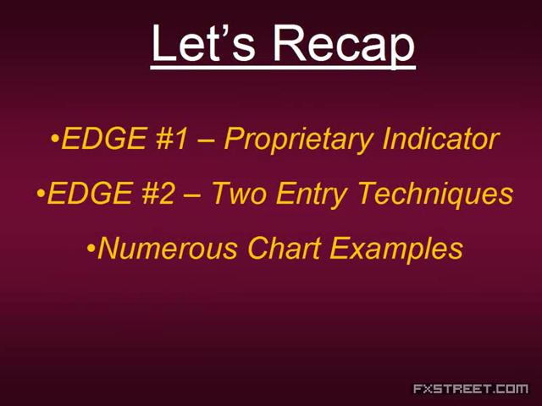Now, let's recap before we go into any questions and answers. I shared with you the proprietary indicator, which is our Donchian channels. I know a lot of you may say, well, Steve, what is the setting on the Donchian channels? Our standard setting is a 21-period Donchian channel. We have ways to change that and to filter it, but that's solely for members. We show you ways to filter it for different environments, for different volatility levels. But the standard setting that you want to use, that all of these examples used, is a 21 period.